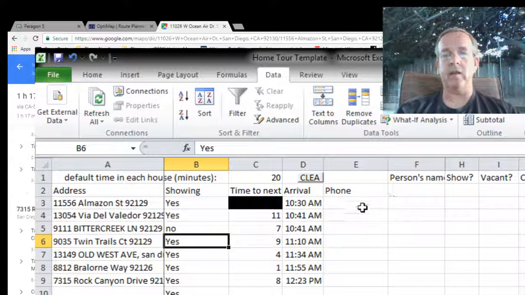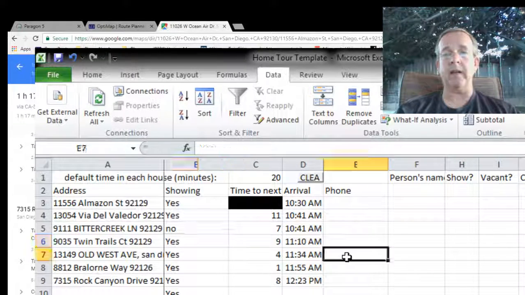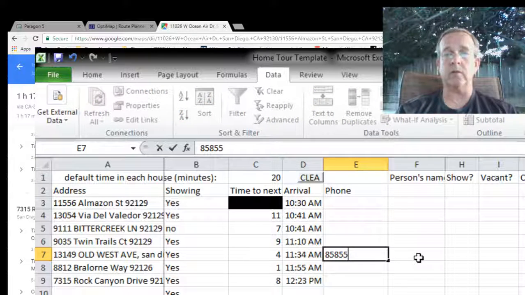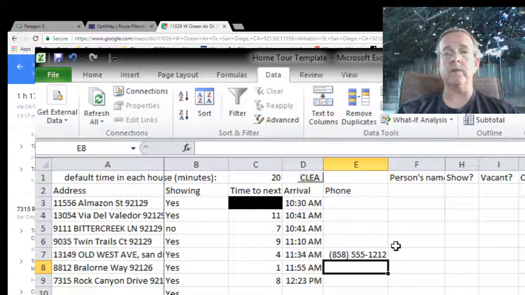So when I make my calls, I can go ahead. I can make my notes over here, person's name, showing vacant, any code that they might give me, any notes I can put over here. And let's say that, for instance, these people, they end up telling me, yeah, you can come by, but I want you to call me first. So I can remember to give them a call if I put in their phone number. And then what I do is I print this out with me, take it with me with all of my papers from the MLS, and I bind it all together,